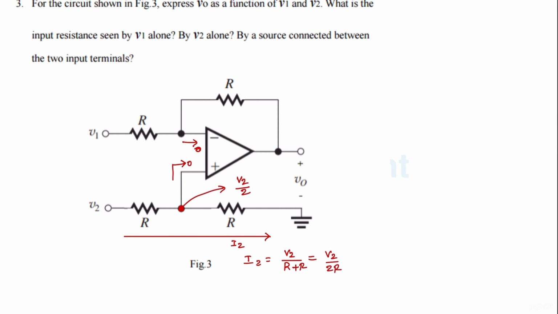Now another fundamental property of an operational amplifier is V plus is nothing but V minus. So now here the voltage is V2 over 2. So to calculate the relation between V1 and V2 at the output side,